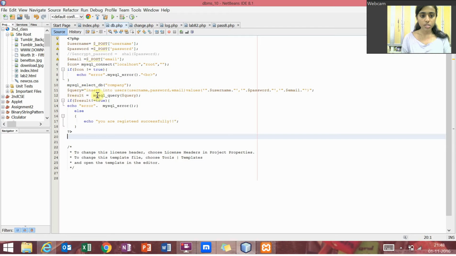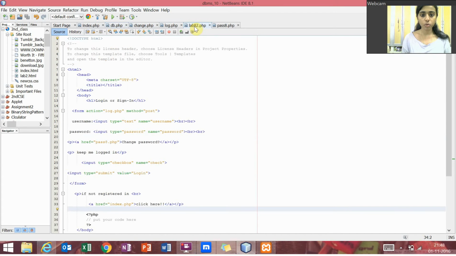Then $query equals insert into users, that is my table name, username, password, email, and values as whatever values are retrieved from my text box. Then the result I will be establishing in mysql_query($query). Then if the result is not true, an error will be echoed, else you are registered successfully will be displayed. Now for the ones who have already registered, the link will move on to lab82.php,